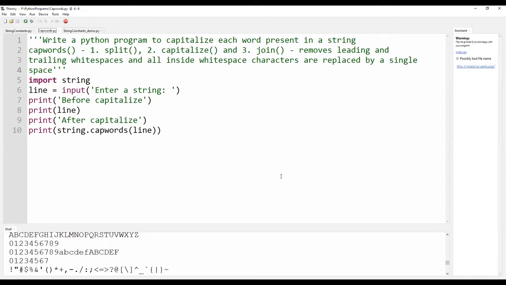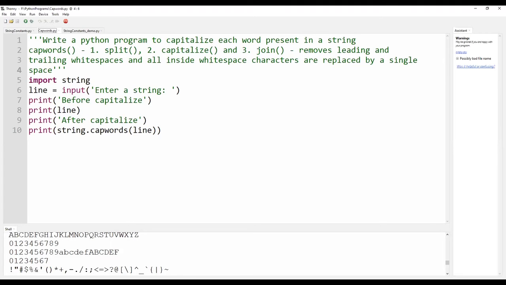All 3 are done by one single function named capwords. It removes the leading and trailing white spaces, and all inside white spaces are replaced by a single space.